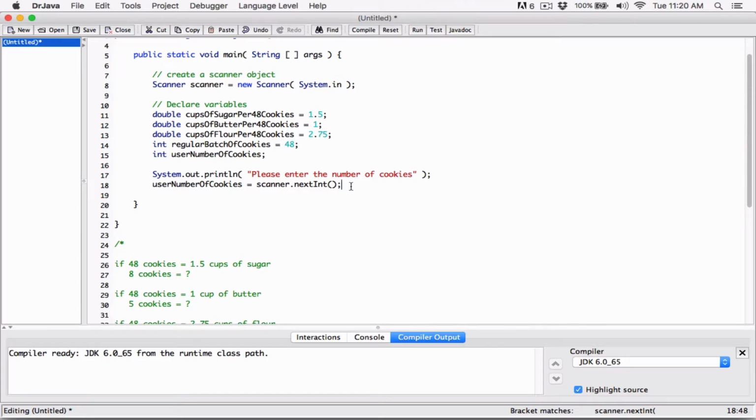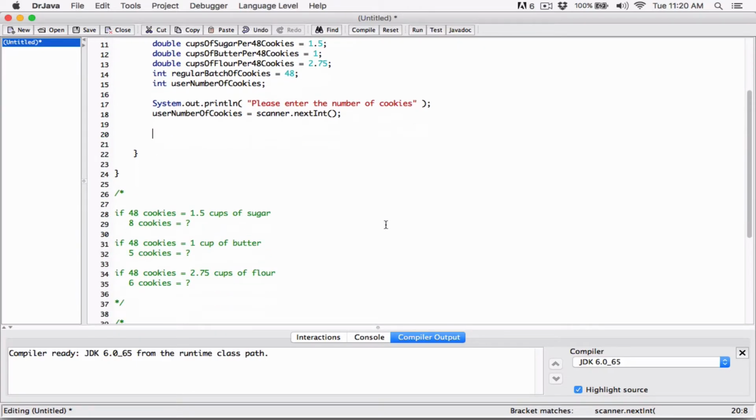Okay, so now we have access to the user number of cookies, so now we can go ahead and do these calculations. To get how many ingredients we need based on whatever the user types, we need these kinds of formulas, right? So the first thing we do is